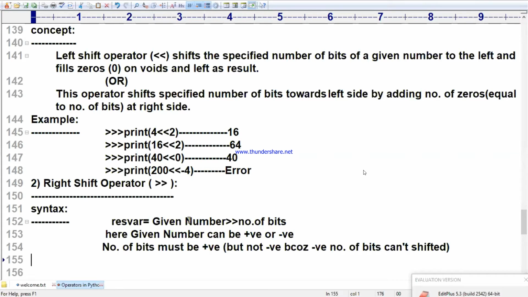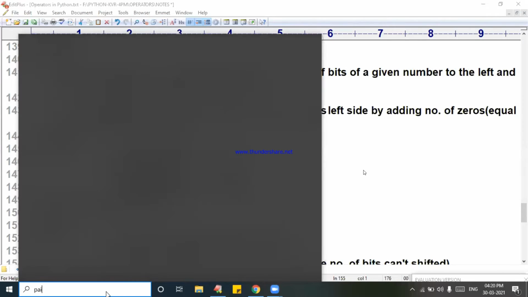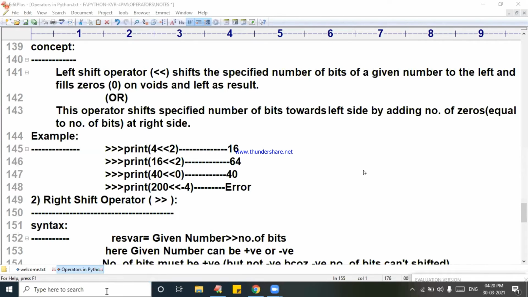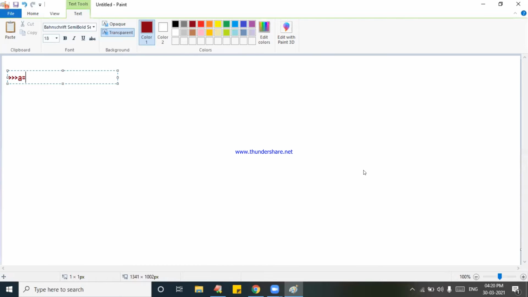All of you carefully observe. Now I'll go to the paint screen. First, before showing the big diagram, I'll show you the normal diagram where you can understand me quickly. I'm taking here, carefully follow. In the command prompt, a is equal to 10. Next I am writing res is equal to a double greater than 2 or 3, whatever you like.